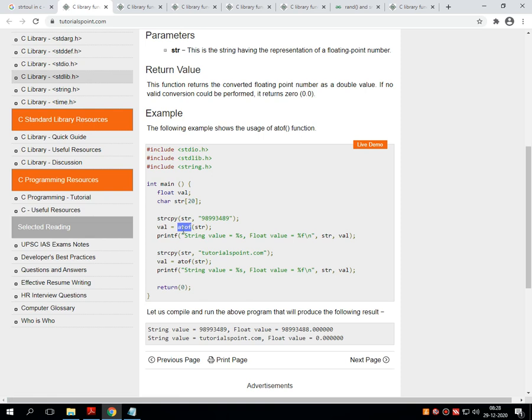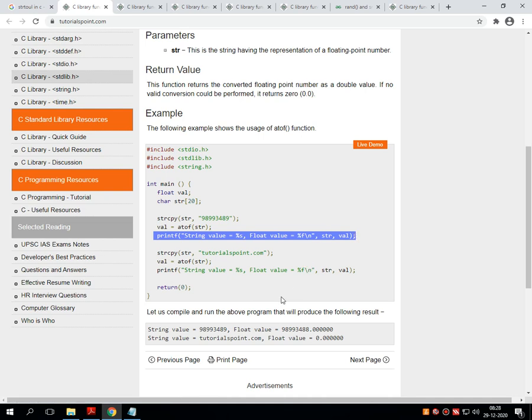Whatever output atof produces is stored in the third variable, called val, which is a floating point value. So it converts the entire string into a floating point number and stores it in val, and then this printf statement will print that output on the screen.